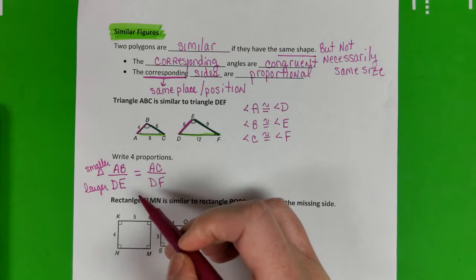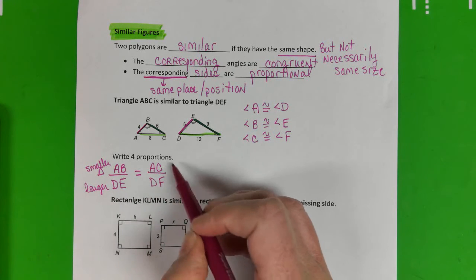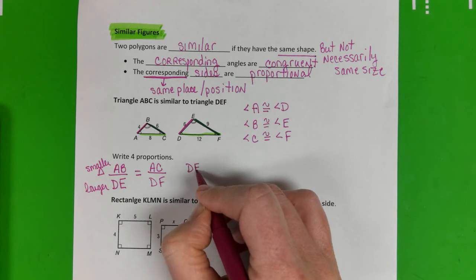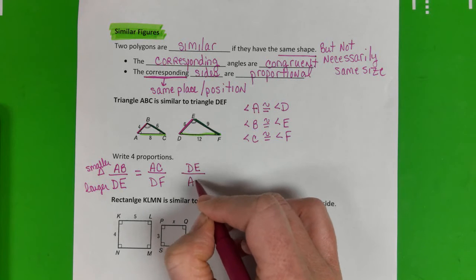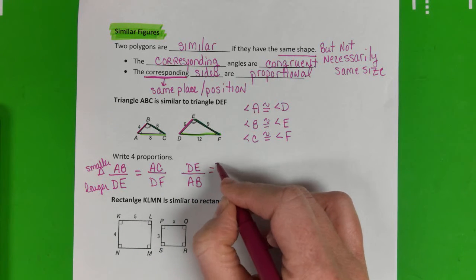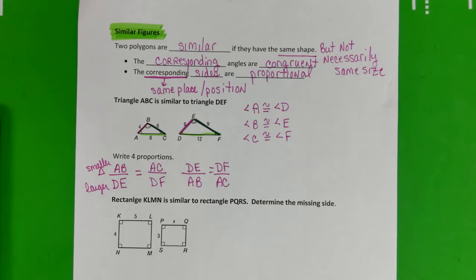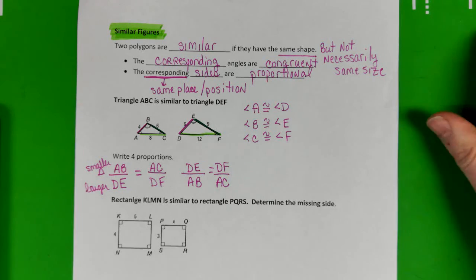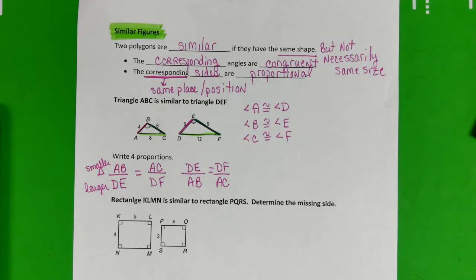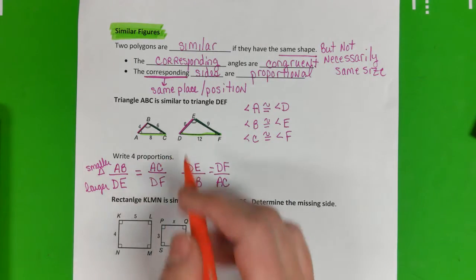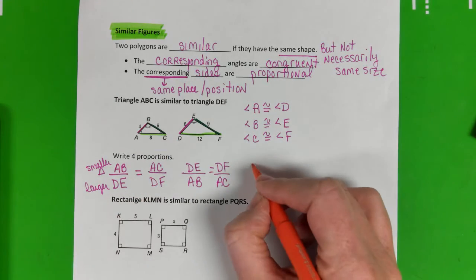What I want you also to see is that we could take this same proportion and flip it. We could put DE over AB, which means we would put DF over AC. It's still going to get us the same result. It's still another proportion that would work. Okay, let's think of another example. Let's use some different sides. Maybe BC